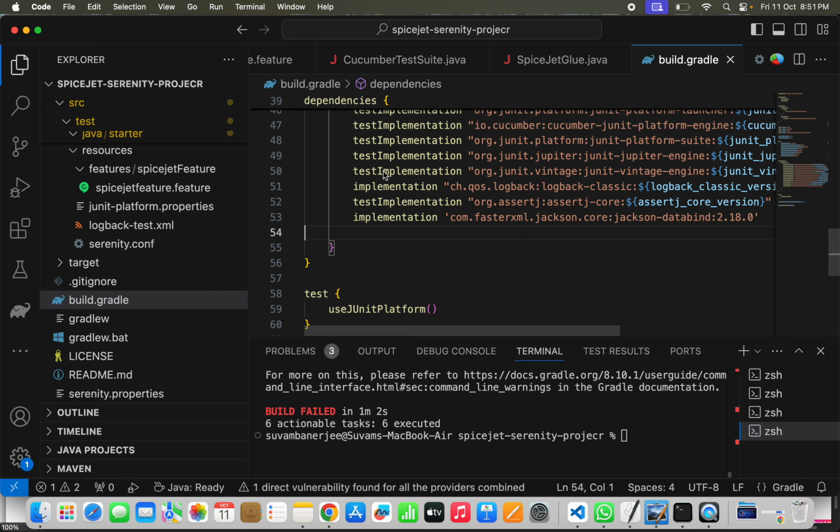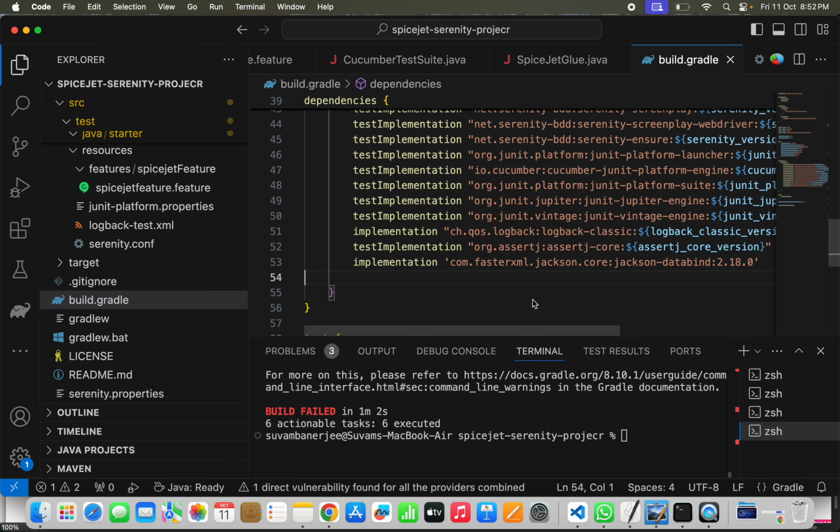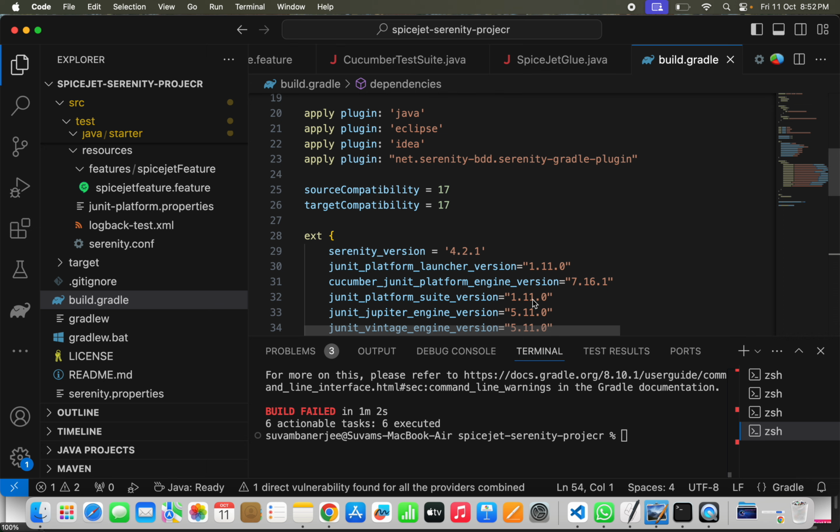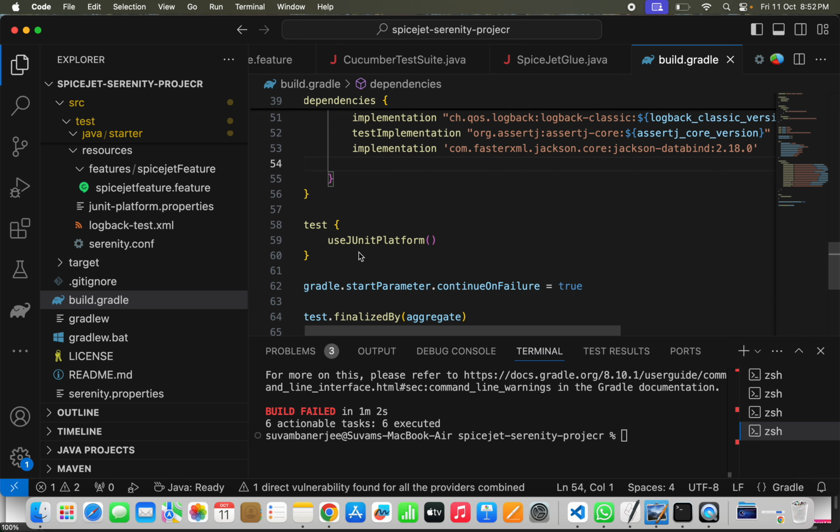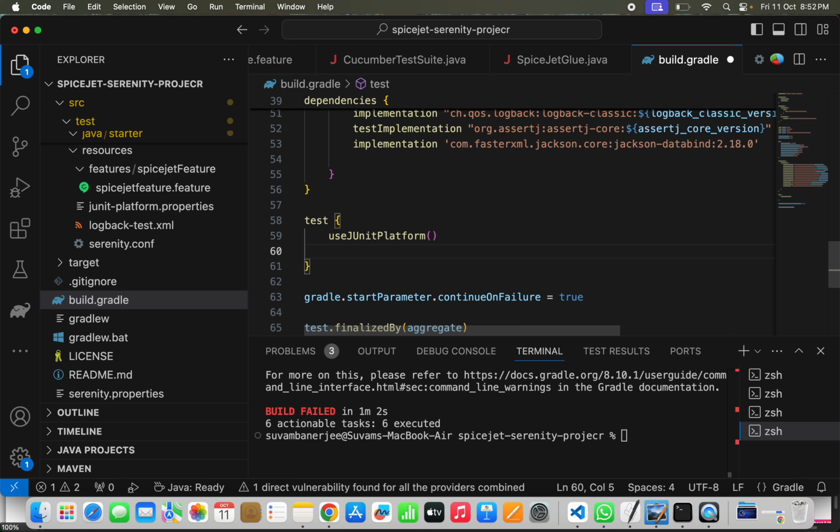Now we'll see how to access the username and password from your command line, right? From your command line. So this is how we should do this. There was a test, yes, useJUnitPlatform, right? Here we'll put some systemProperty. How to do that? We have to write systemProperty, and here it is username, and comma,